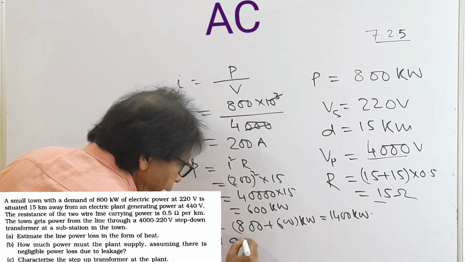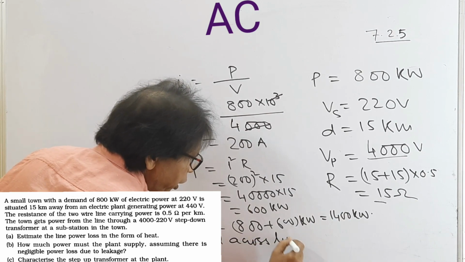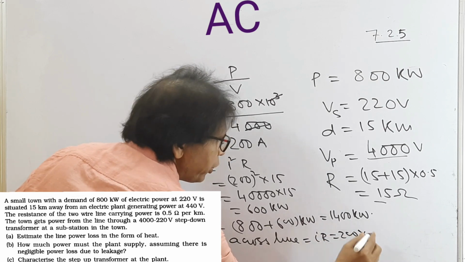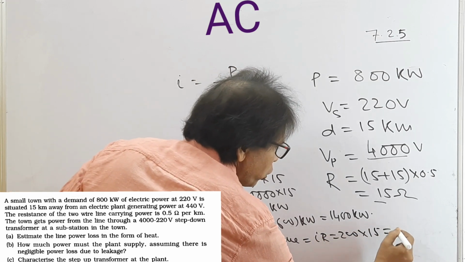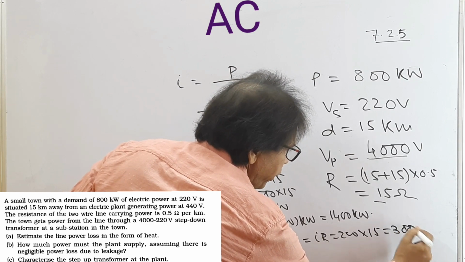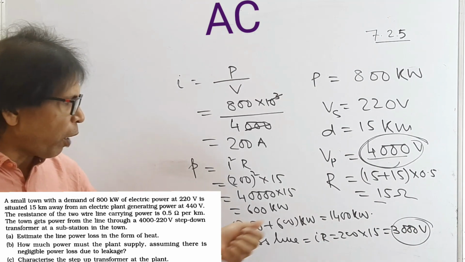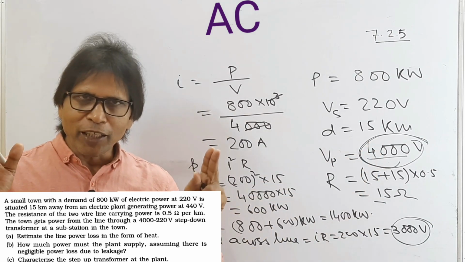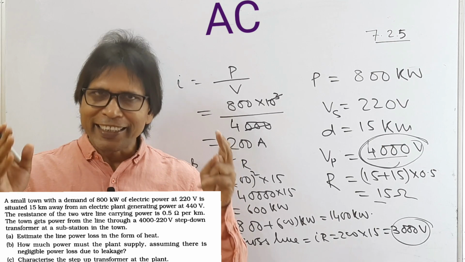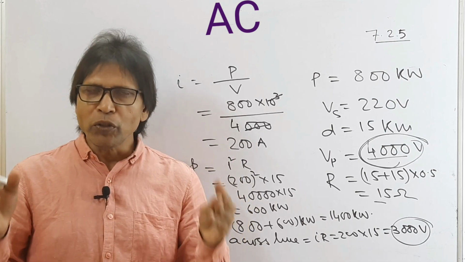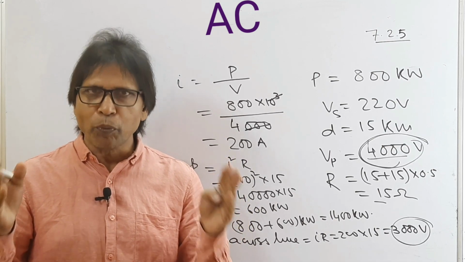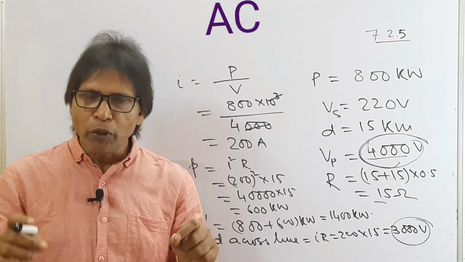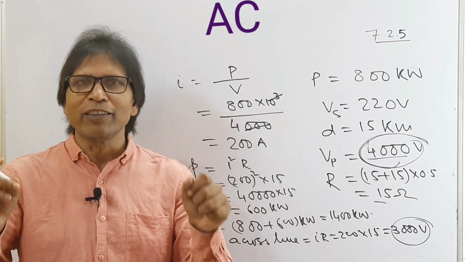Okay. Now the potential difference across the line is equal to IR. Now I equals 200 and R is 15. So this is 3000 volt. So the power should be transmitted at a potential difference of 7000 volt. Look at this, the generating station produces electrical power at 440 volt. So the power should be stepped up from 440 volt to 7000 volt.